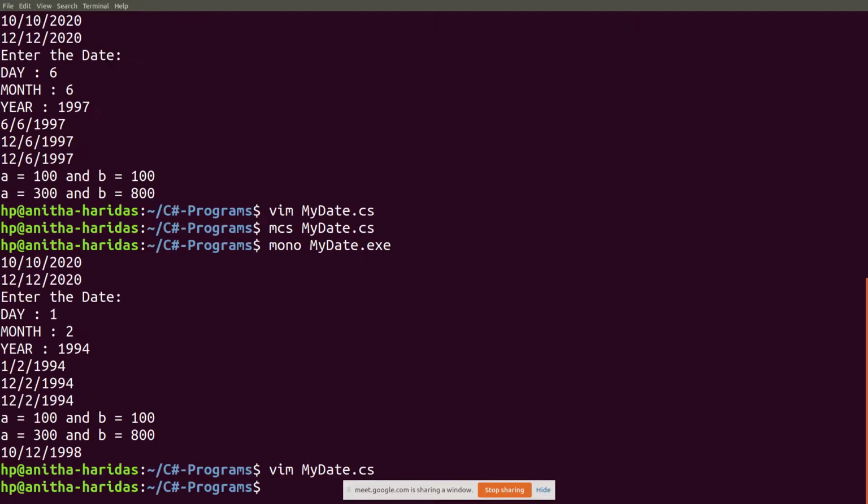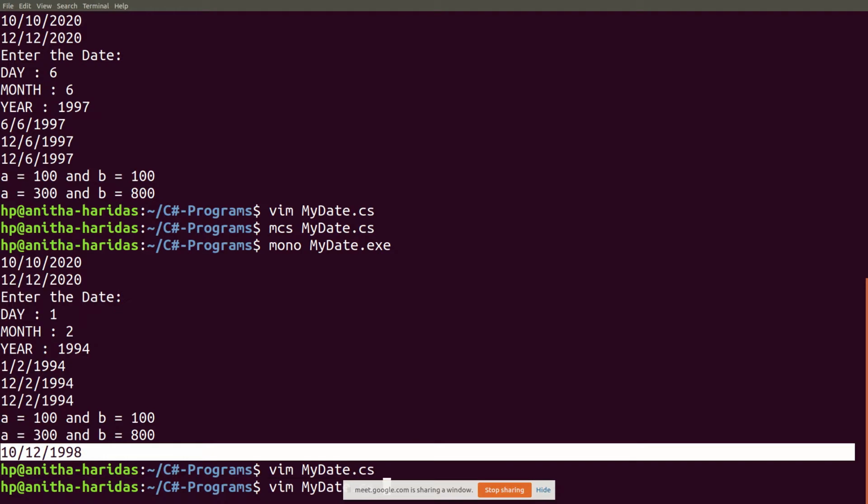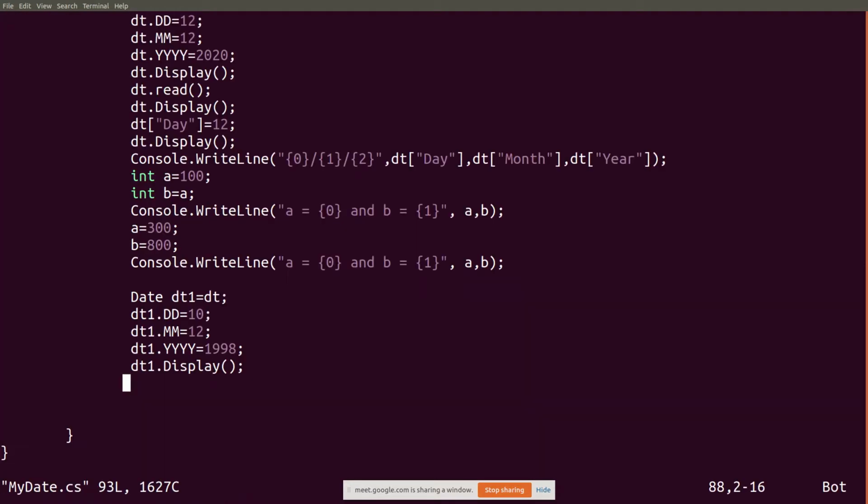I will show you again. dt was having the value 12/2/1994. dt1 was having the value 10/12/1998. Now I am not modifying the value of dt, but I try displaying the dt value here. Let us see what is the output.